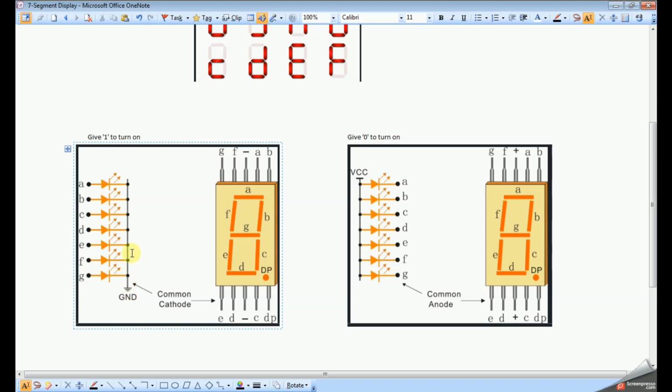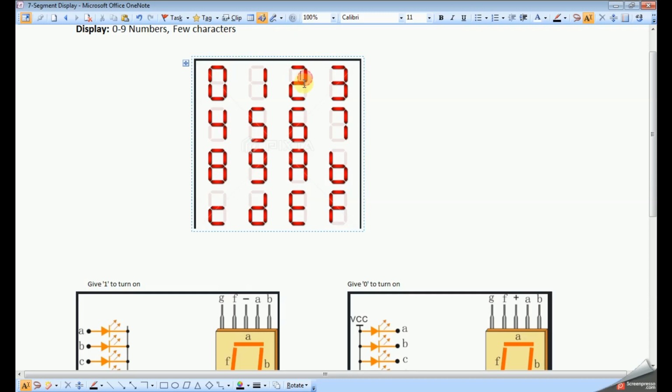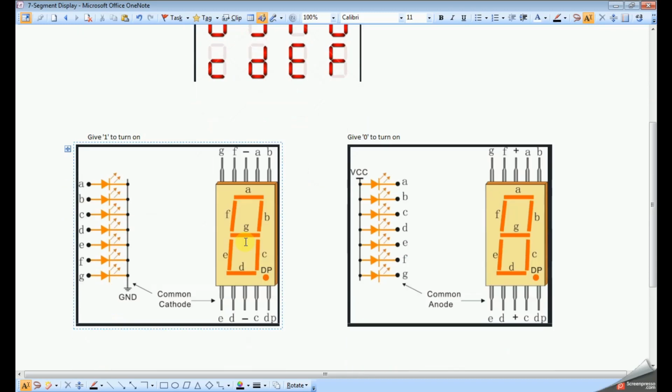So if you want to display number 2 using this common cathode, then as you see the segments A, B, G, E, D, so that represents 2, as you see here. So it displays 2.